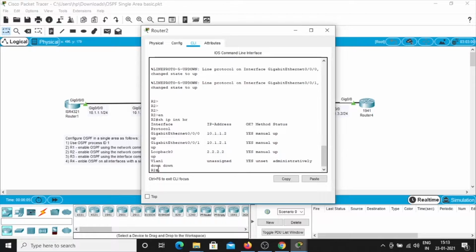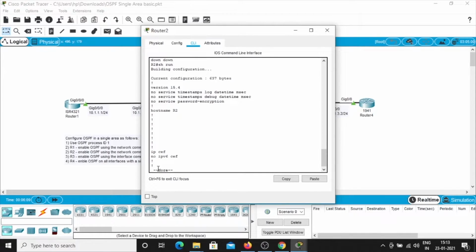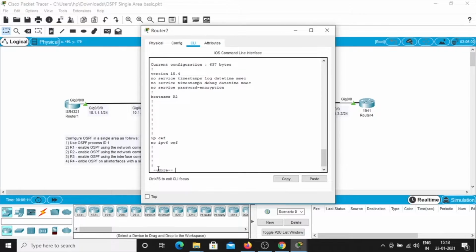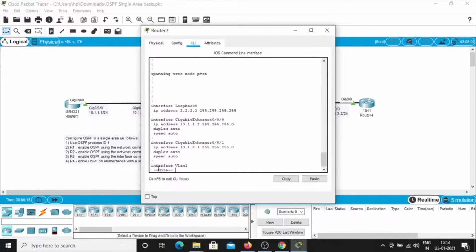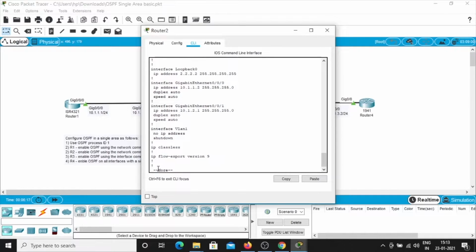So now we are going to type show run. Here we can see the loopback address is 2.2.2.2 with /32 subnet mask.